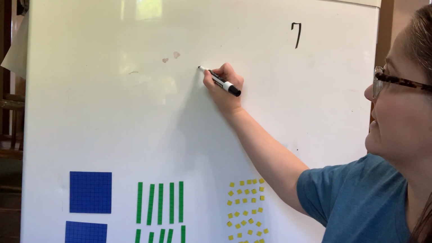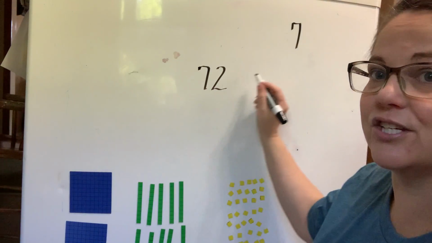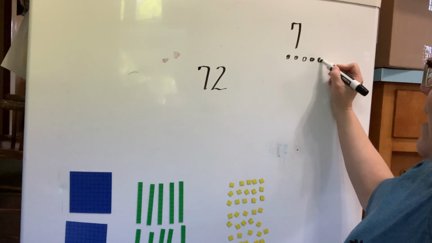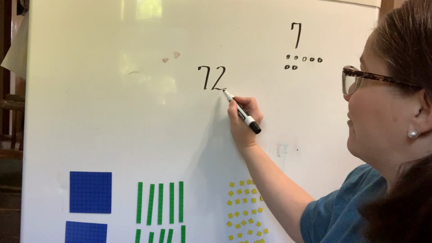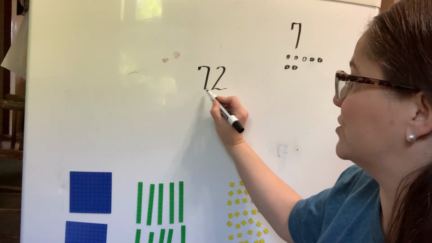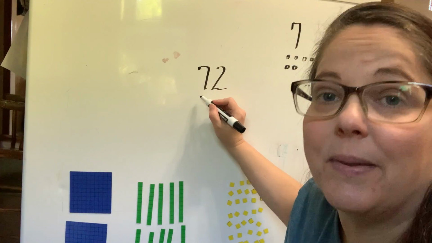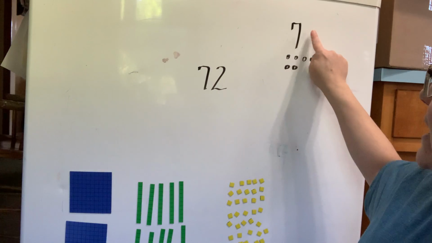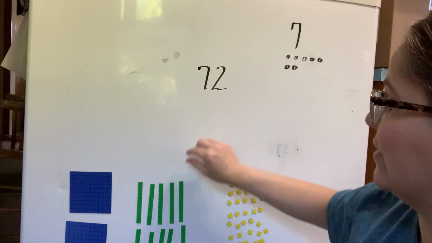But if I have a number that looks like this, that 7 changes from being 7, a 1, 2, 3, 4, 5, 6, 7. This 7, because it's in front of this number 2, ends up now being 70 because of the place it's in. So here it represents 7 dots, but in this place it represents